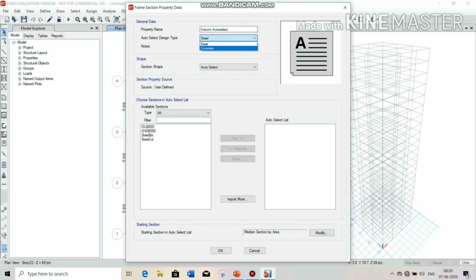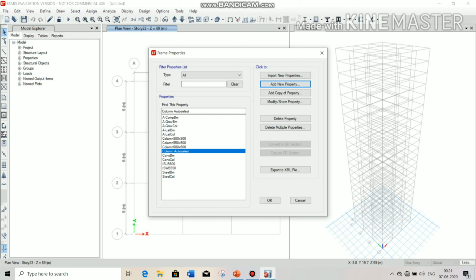Choose concrete from here and select all the columns you defined, click on add and click on OK. Now you can see column auto select is here.